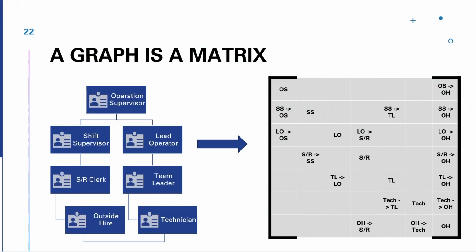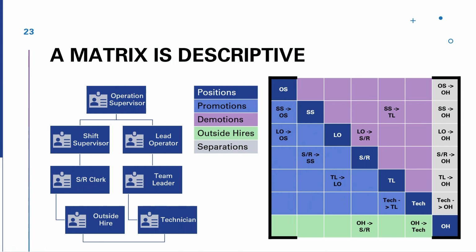And so we're able to take this and turn it into a matrix by understanding what items are adjacent to each other. And we can look at that as a structured element to help us understand what's going on. So we see a region that would represent more demotions. We see a region that might represent more promotions, and on the diagonal, we have the actual positions themselves. And then on the bottom, we have the hiring process, and on the right, we have the termination process.